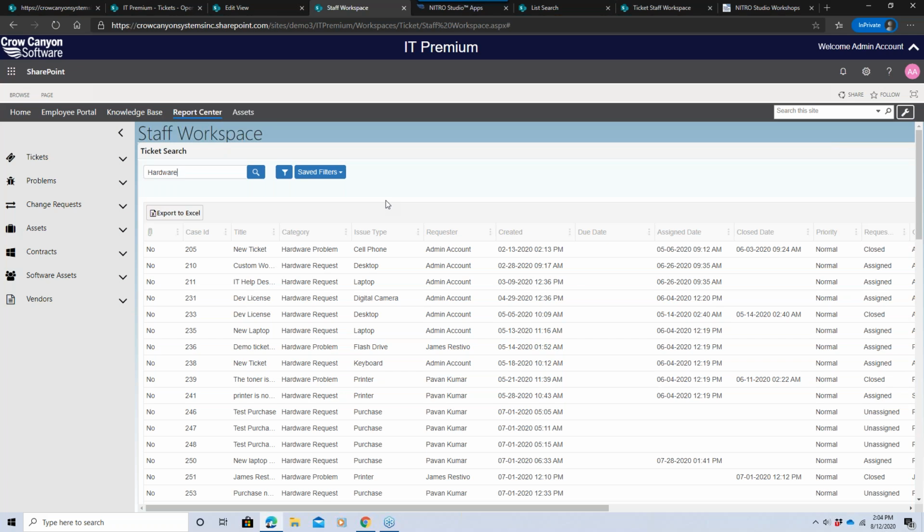But what we find with list views is that there are some drawbacks. Building complex conditions is not really easy in list views. Also, if you want to export that information to Excel, you have to create a new list view through your list settings or through the view interface. Now it becomes a view in your list, and it just clogs up how many views you have going on